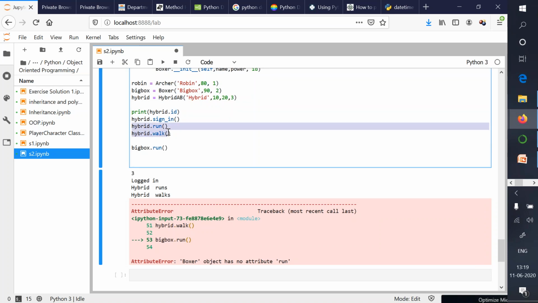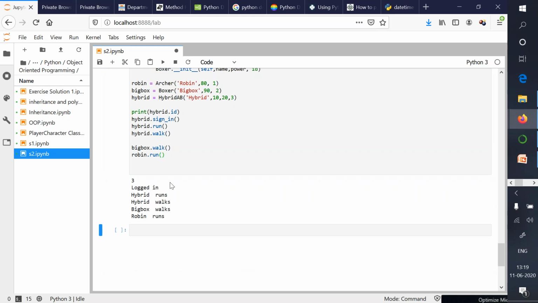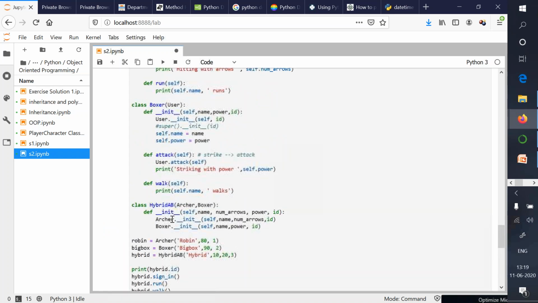But the hybrid player has both abilities. It has the ability to run as well as walk, whereas our big box can only walk and Robin can only run. So hybrid runs as well as walks, whereas big box only walks, Robin only runs.